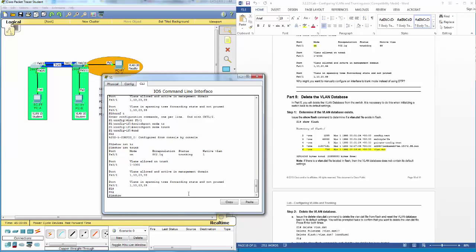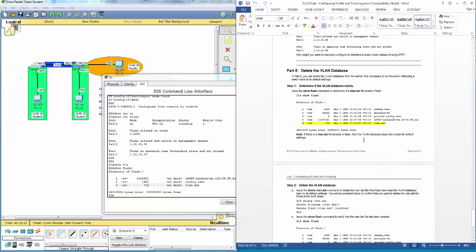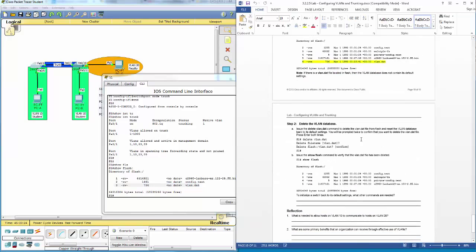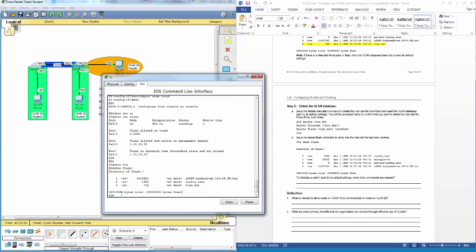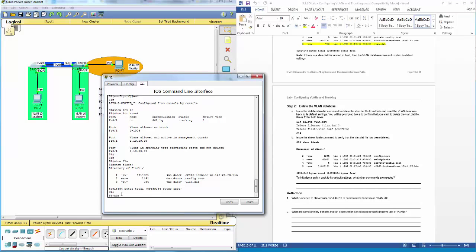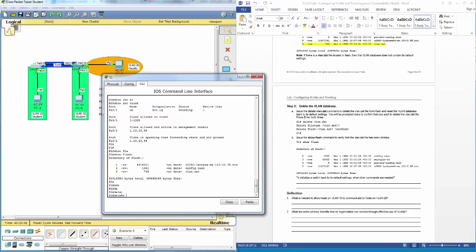So we'll issue the show flash, and if we can see there, we have on number 3 vlan.dat. Now that's where the VLAN database is. So we're going to delete that now. So we do the delete, delete vlan.dat,